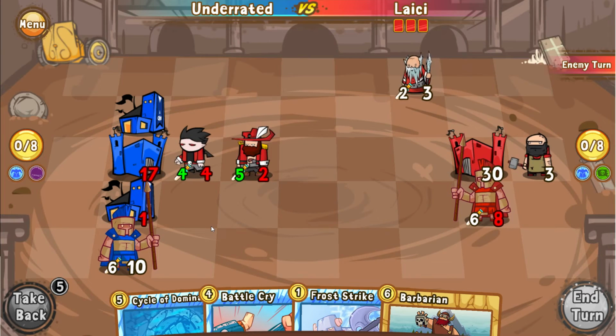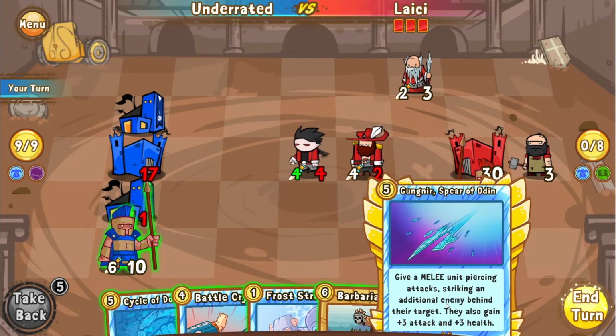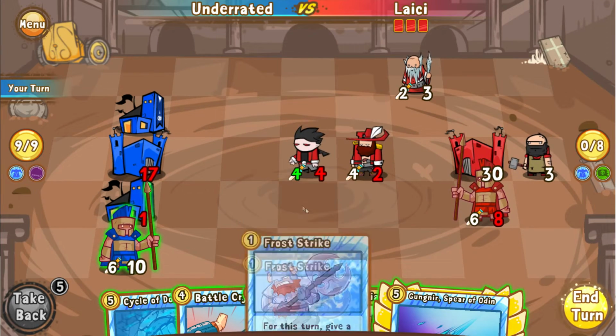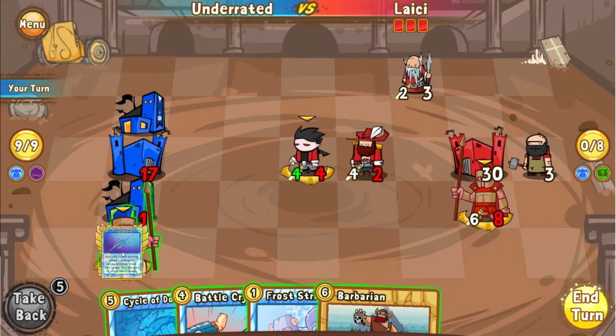And he's going for it. He may take me out. He has some pretty good cards. What's this? I don't know what that border is. Let's see. Gives a melee unit piercing attacks, striking an additional enemy behind their target. They also gain +3/+3, so that's pretty good. So if I use that on him,